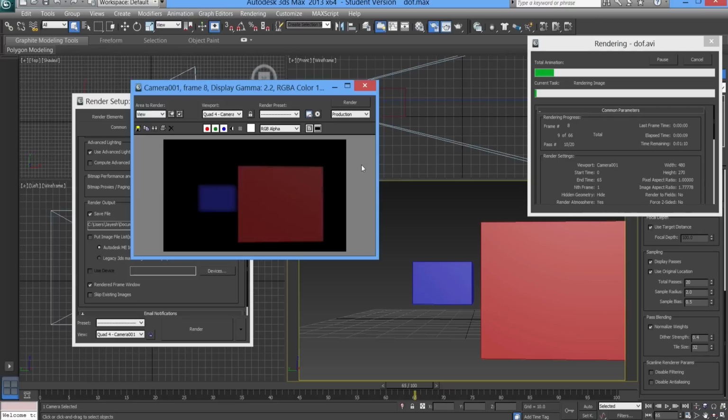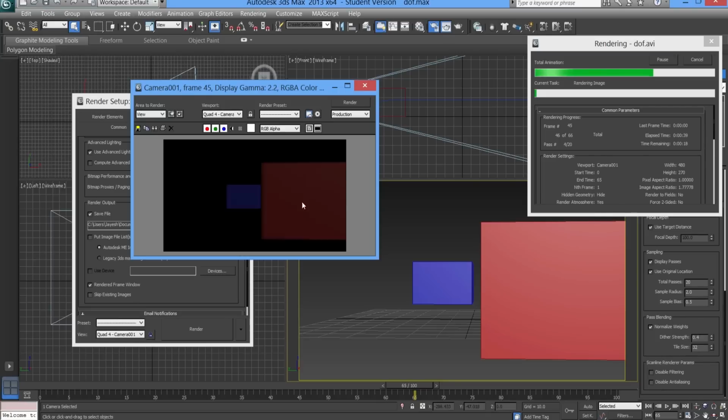Now I have a fairly powerful gaming laptop. It's not a PC, a desktop, but it is very powerful indeed. And yeah, it's taking this long, guys, just to do these 65 frames. Now if you're working on a 20 frame per second movie, for instance, then 65 frames is going to be roughly just over 2 seconds. So you can see just for 2 seconds of animation how long it can take